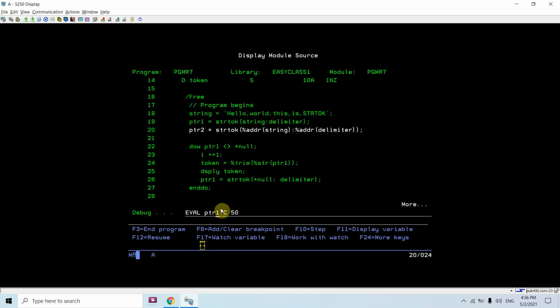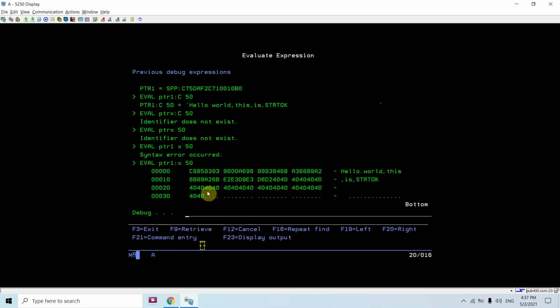If I look at the hex value, you can see C885, this is for capital H, this is for small e, these are for small l, and this is for small o.